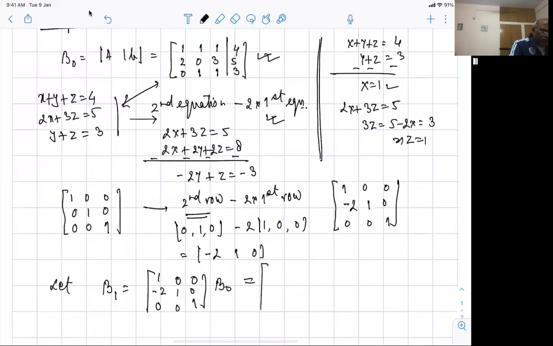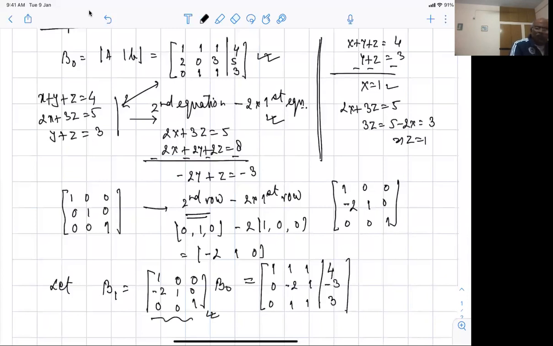Fine. So I would like you to see that the first row of this matrix is 1, 0, 0. So the first row remains as it is. So I'll be left with 1, 1, 1, 4 itself. Third row of this part is 0, 0, 1. So just multiply it. You will see that you'll get 0, 1, 1, 3. And since I'm doing minus 2 times the first row plus 1 times the second row, it will turn out to be whatever I have here, that is 0, minus 2, 1, minus 3. I would like you to verify this part yourself.